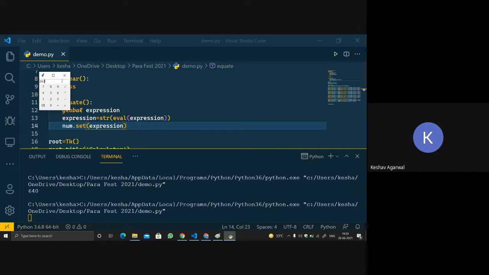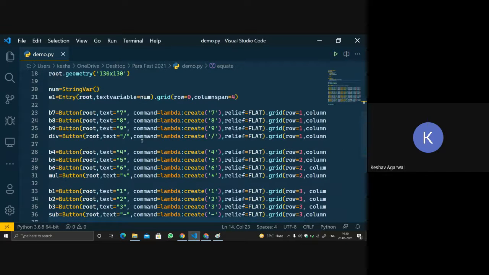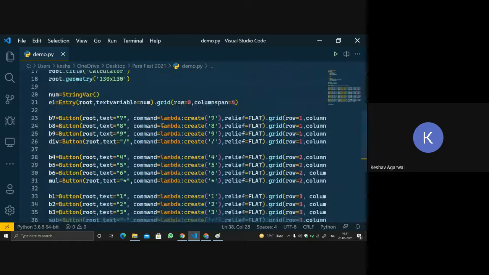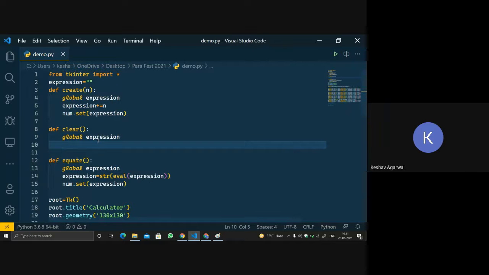So this is how we can make a calculator. Now the only function that is remaining is the clear function. Let's complete the clear function and then we are done with our particular UI, our calculator. So let's remove the function calling, and over here we'll paste and say expression equals to nothing again.